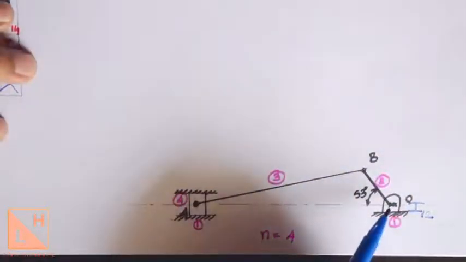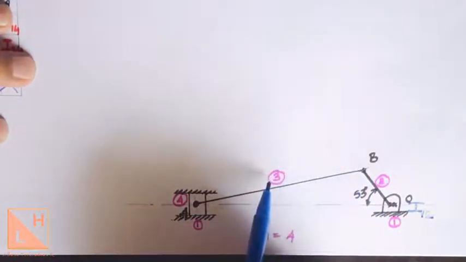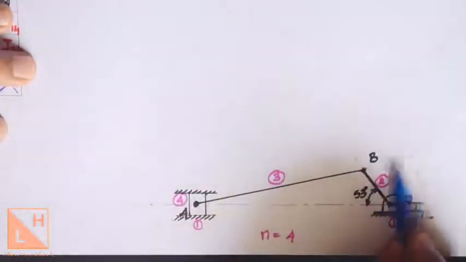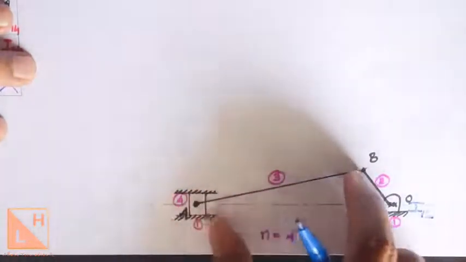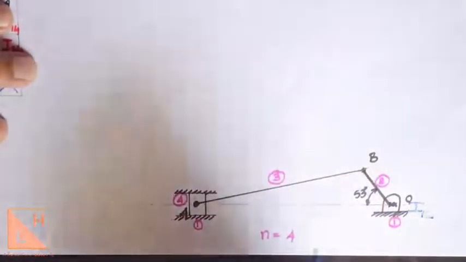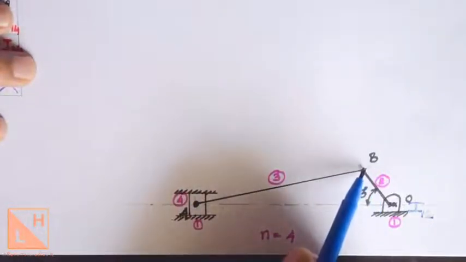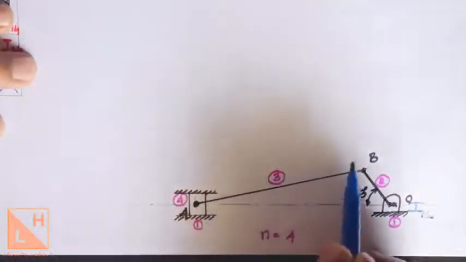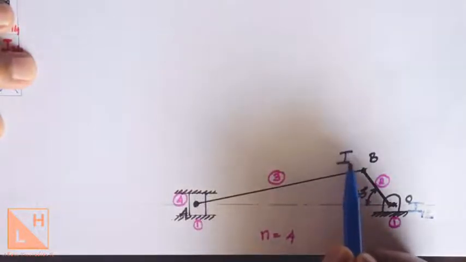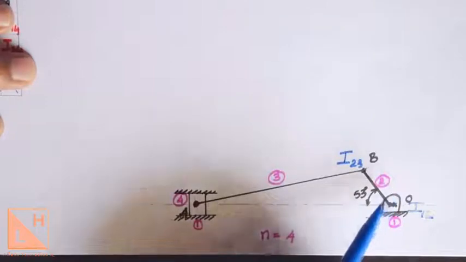Now if you go to the next point in the mechanism, after O we have B. Now this B is actually connected to link number 3. So as and when link number 2 is oscillating or rotating, even this link number 3 will have some motion which is similar to oscillation. So this link 3 will be moving with respect to link number 2 at the point B, because this is the point where these two links are joining together. So this point will represent another instantaneous center I23, because this is the point where link number 3 is having some motion with respect to link number 2.